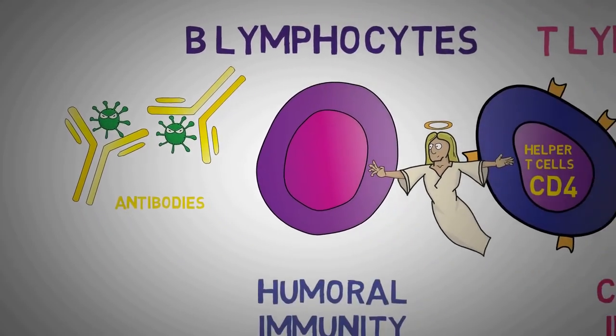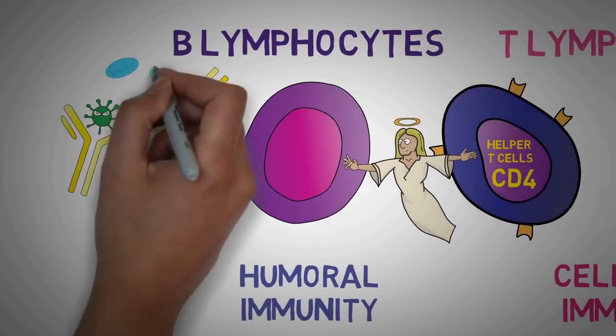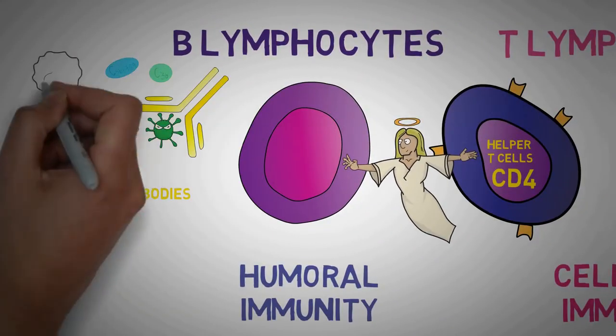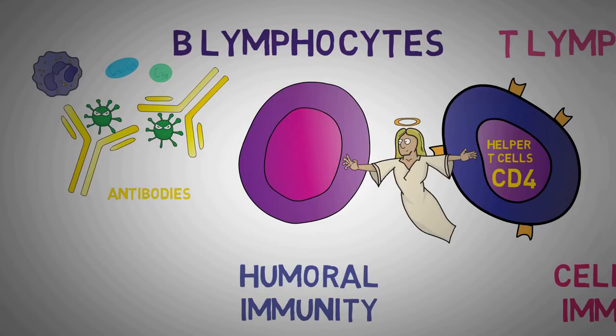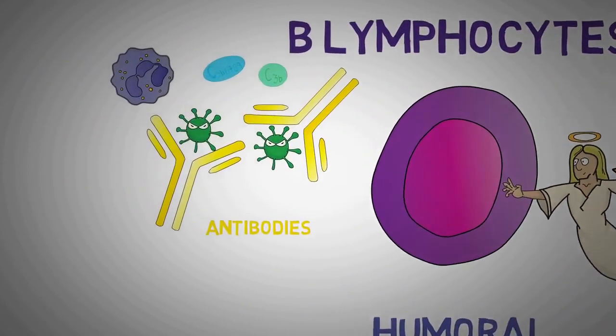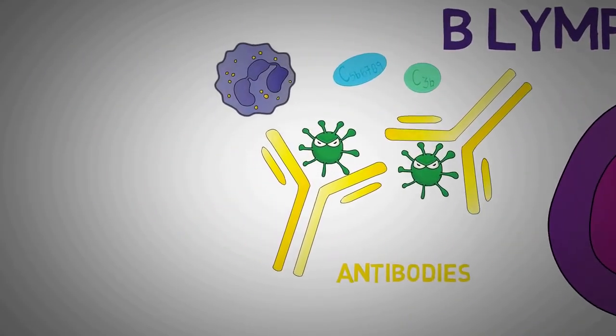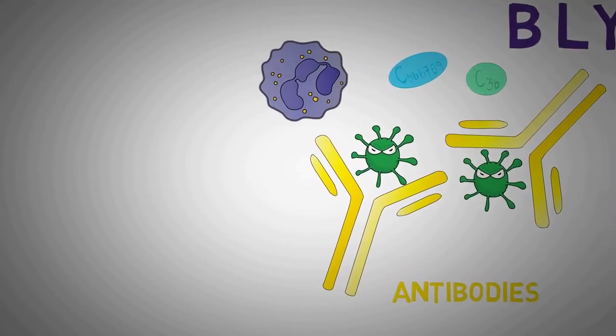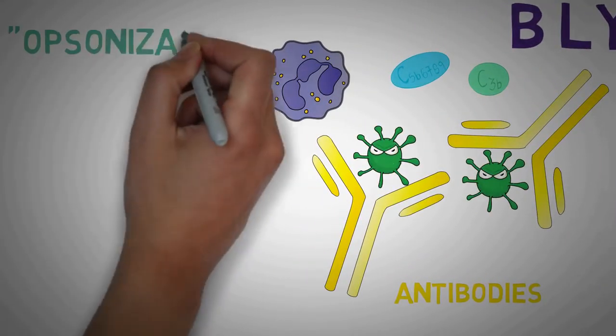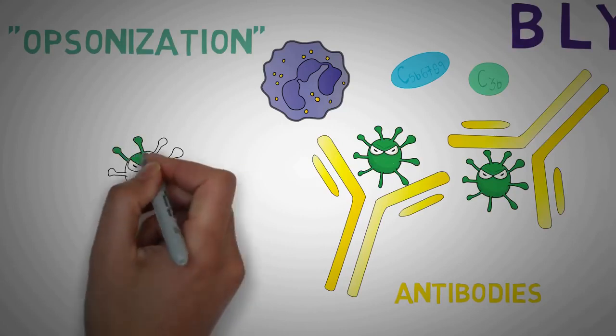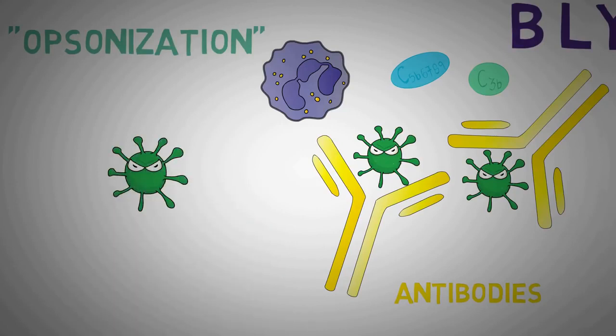Now, the antibodies do not destroy these invading pathogens by themselves, but activate a number of different mechanisms of our immune system, including the complement system and the various types of phagocytic cells like neutrophils. One of the very important functions of these antibodies is known as opsonization. This, in simple words, just means sugar coating a pill to make it more tasty.